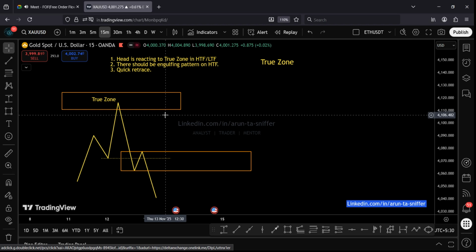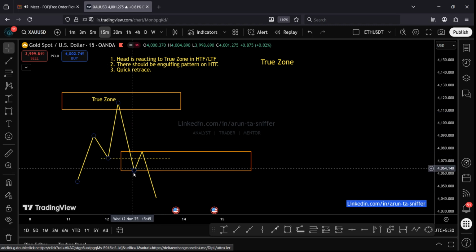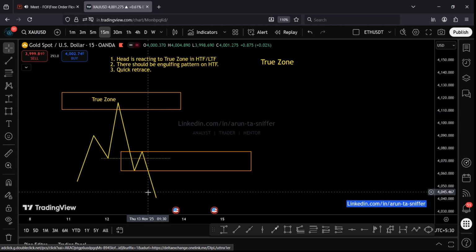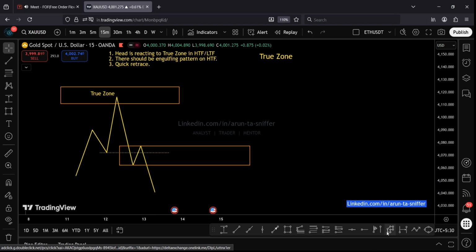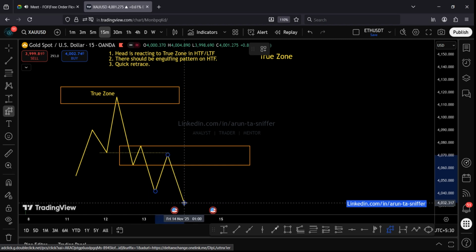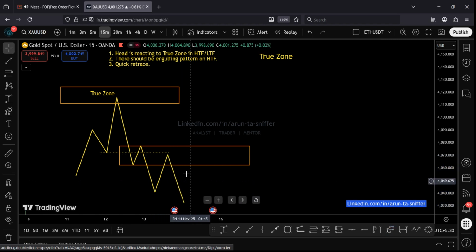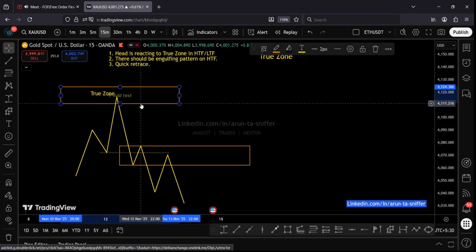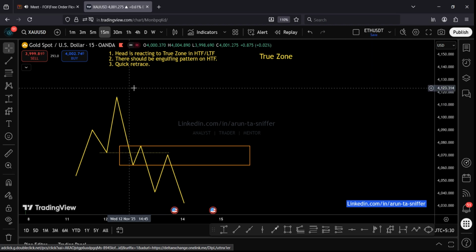I will share an indicator with you guys which will help you identify if there is an engulfing pattern on the higher time frame or not, so you don't have to switch between time frames again, right? And then price should come here, and if price goes quickly, then we can take the touch trade like this. Okay, but what happens if there is no true zone, any of the conditions are missing, or all conditions are missing,